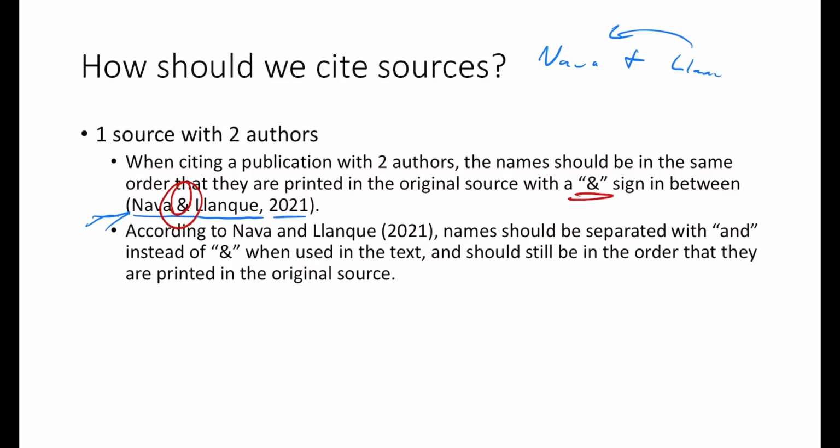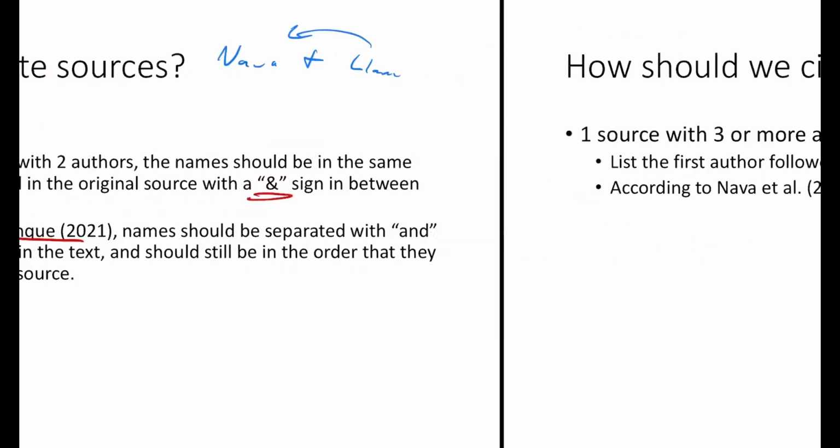Now, if you cite this other way that we were talking about before, where it's kind of in the text, then we're not using symbols there. If you're going to do it that way, you have to write out the word and, because that's your own voice. That's where your narrative is and you're trying to make your own voice heard, and you don't want to be using symbols there. So if you do it this first way, use the and symbol. If you do it the second way, write out the word and.